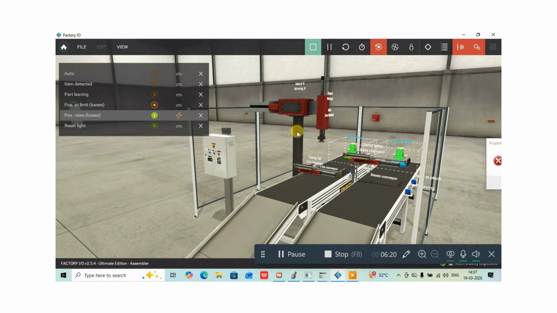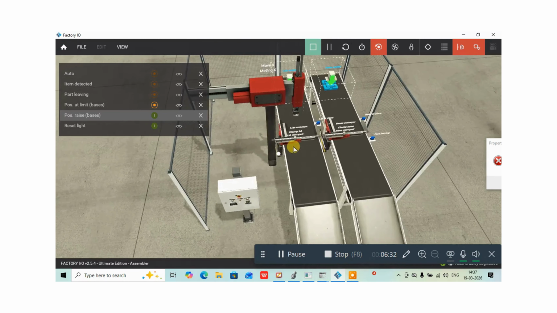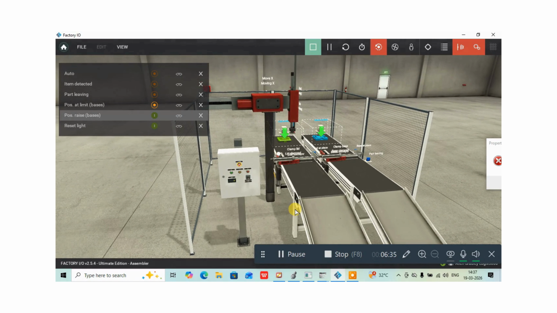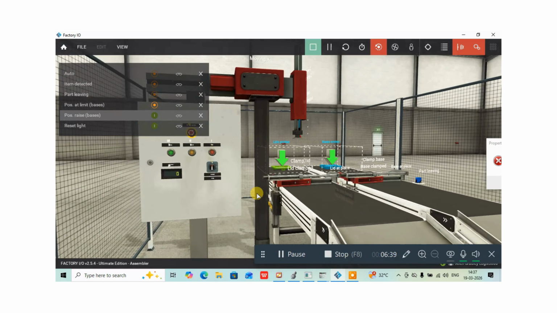See, like this it will rise and the part will be getting out from this position, the rise stopper. Okay, so this is about sensors and pick and place axes. Next we can go to the